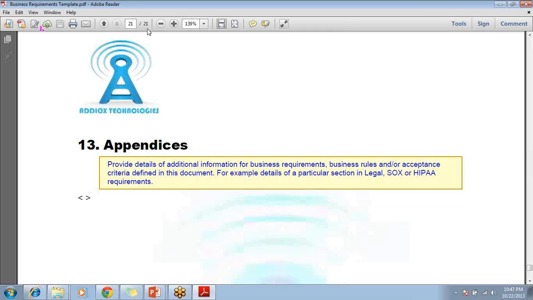Other than that, there is basic information like the history, the audit trail: who wrote under what version, what is changing. Outside of that, the approvers list, who is approving and when, and the distribution list. These are small things which you don't have to memorize, but you have to have them in your document for good keeping. Then you know who gave what requirement, who was present in the meeting, who is responsible for approving it. It's very important.